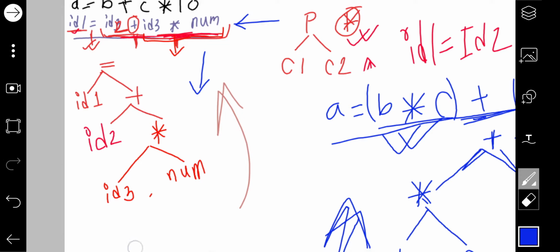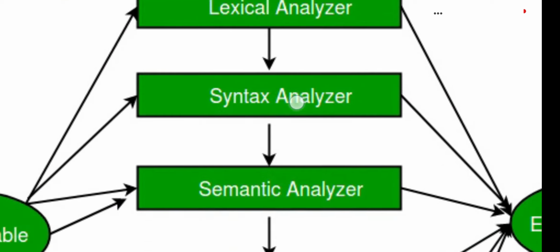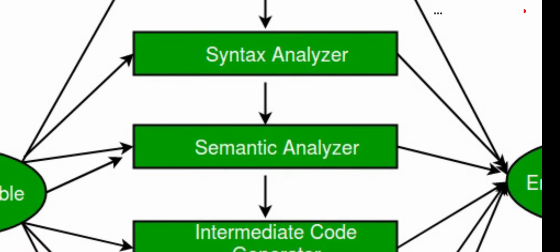So the next thing we have, after the syntax analyzer, is the semantic analyzer. Now the semantic analyzer will also give a tree, but the difference between syntax and semantics is that syntax actually works with the structure. Syntax always checks whether the structure is correct or not.